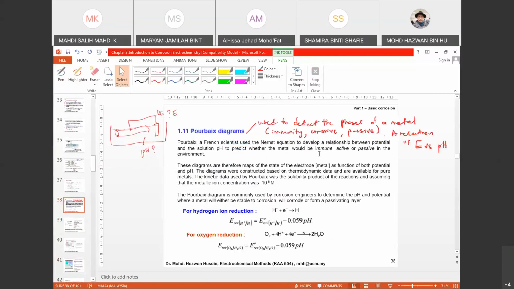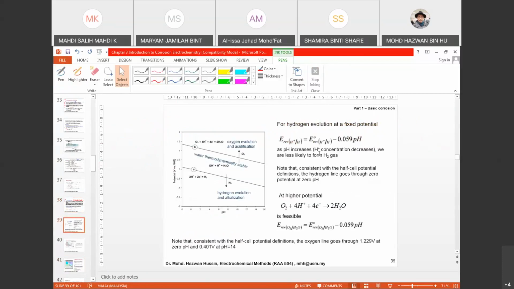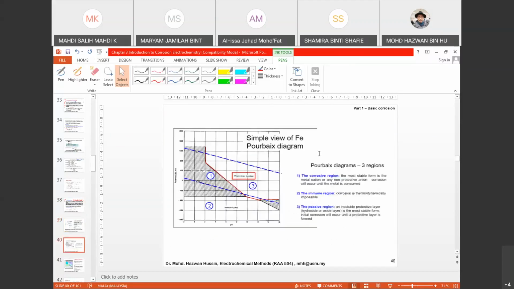If you have hydrogen as a consideration in your electrolyte, and if you have oxygen, then you know that the oxygen will produce hydroxide ions, or actually produce water. Then this is the example of a Pourbaix diagram. So this is a Pourbaix diagram of iron. So you have here potential versus pH, and over here, region number 1, colored over here, is actually